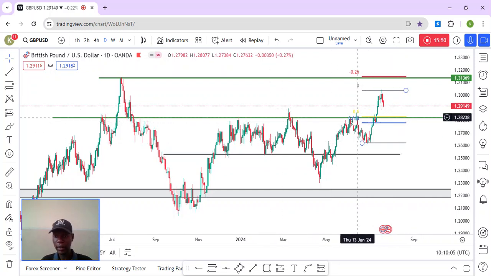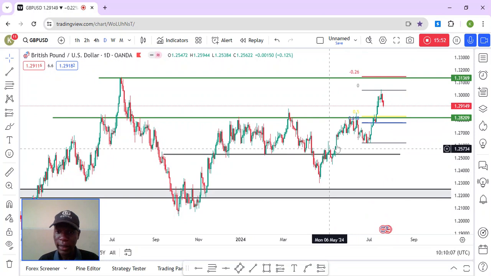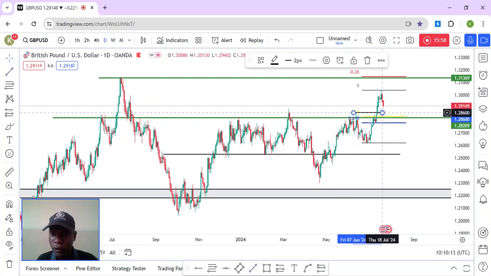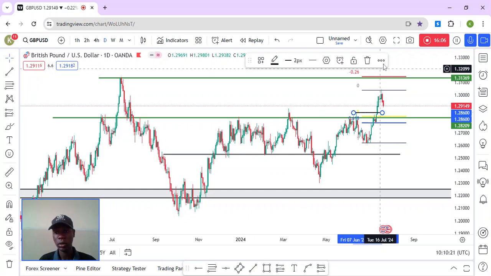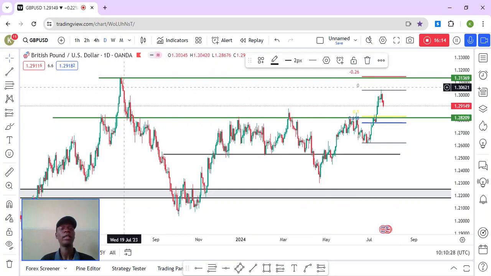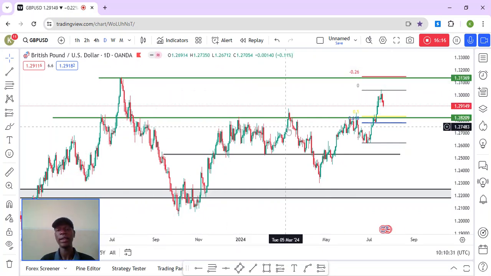And you guys can see there is a clear case of a break of structure. I'm using the smart money concepts right now, like supply and demand, because I can spot some demand level right about here. Although if you are talking about price action, what actually happened was that there was a break of the trend line, and